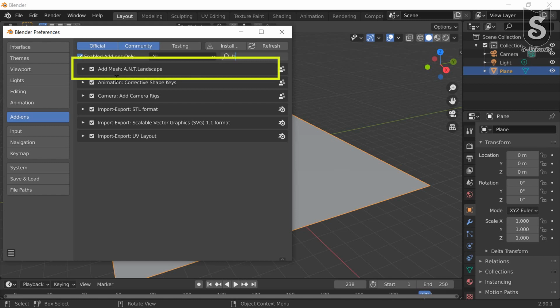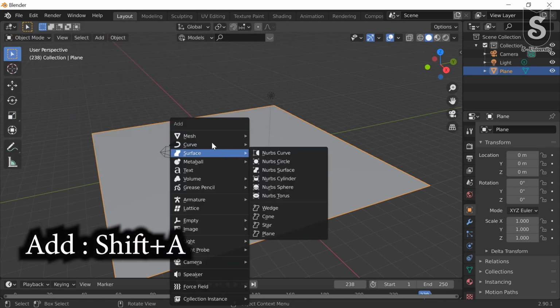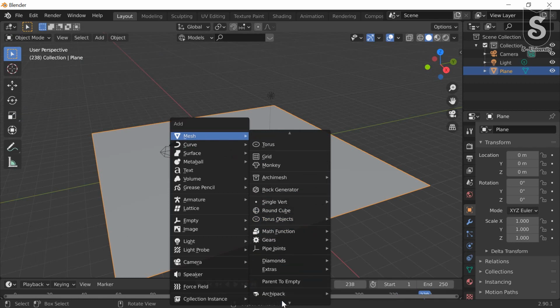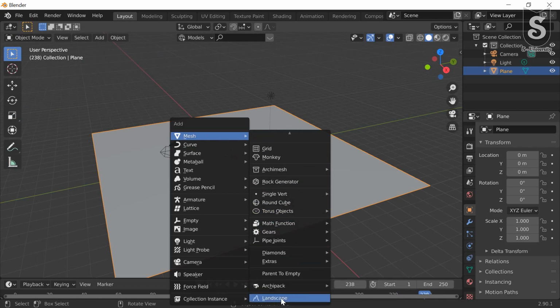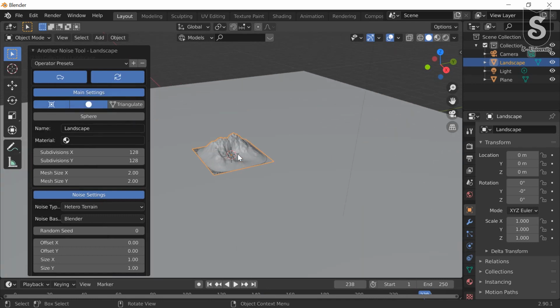We can see our first node is add mesh ANT landscape. Please enable it. Now Shift A. In mesh we can see our added value landscape. This is our default landscape.